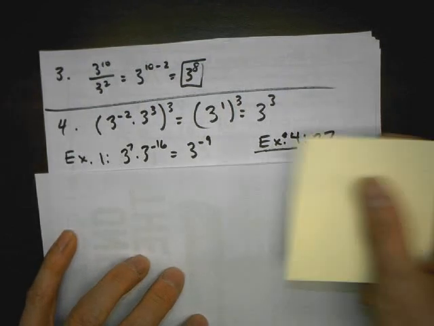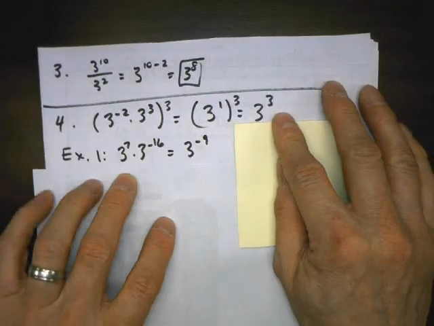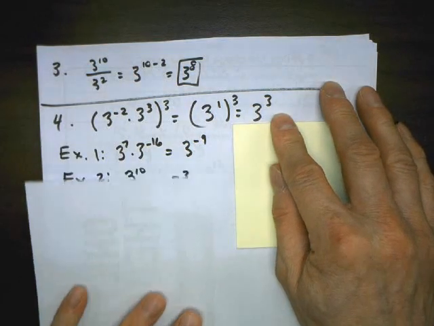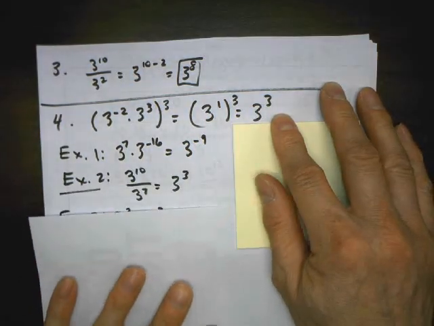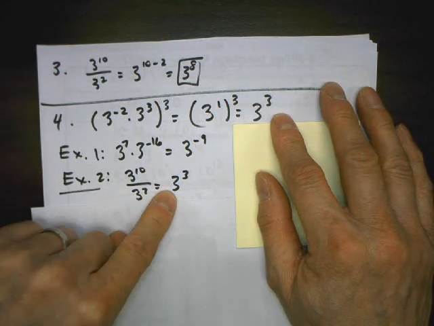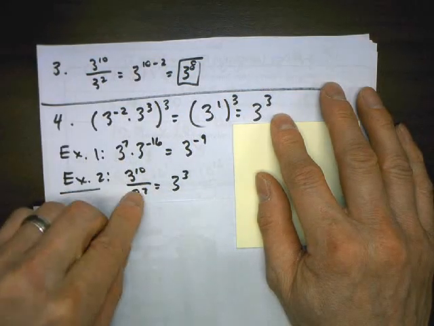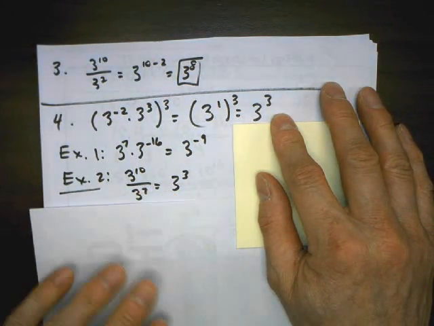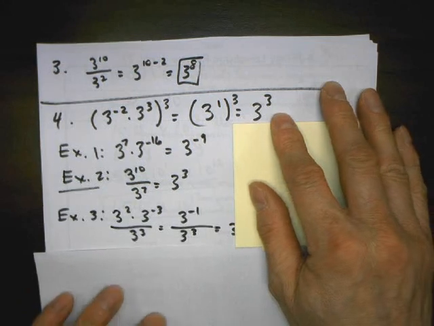So the first one, expression 1, says you got 3 to the 7th times 2 to the 16th. Copy the base, add the exponents. Well, that doesn't equal 3 to the 3rd. Expression 2, you have 3 to the 10th divided by 3 to the 7th. Well, I copy the base. Again, like I said earlier, that's where I subtract the exponents. That does equal 3 to the 3rd power. So that's one of our answers. And